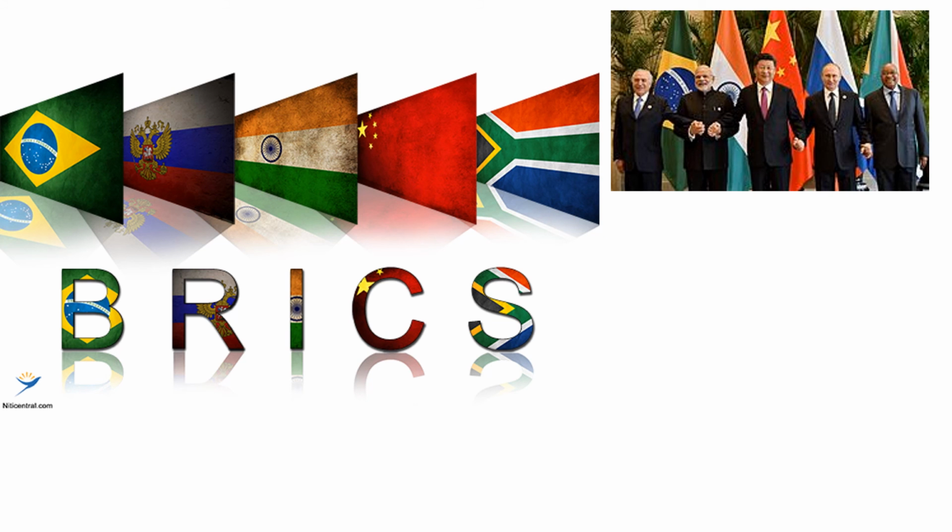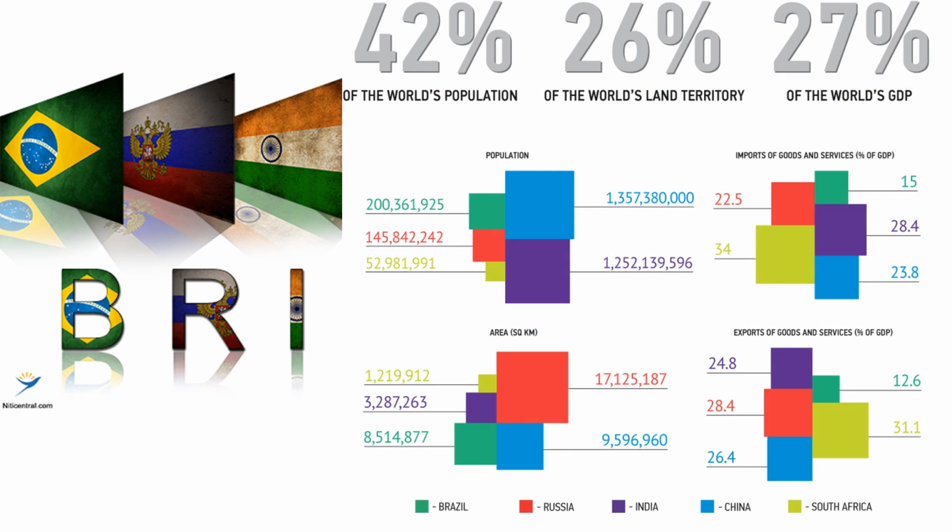Now, a group of emerging economies that we need to know about are called the BRICS economies. BRICS is an acronym that stands for Brazil, Russia, India, China, and South Africa. This group of countries are particularly significant for the global economy as they account for a large number of people, resources, and GDP throughout the world. To back that up, some stats here.